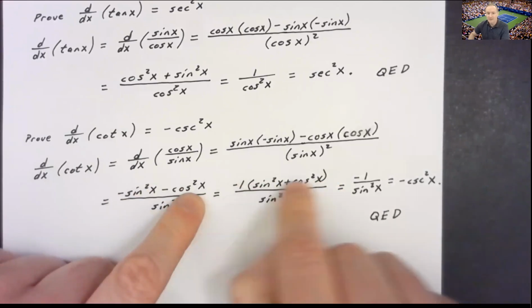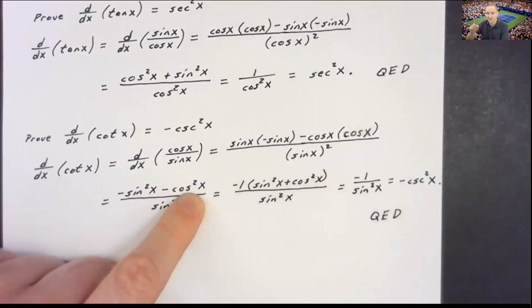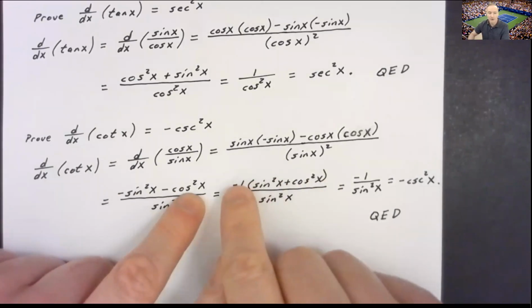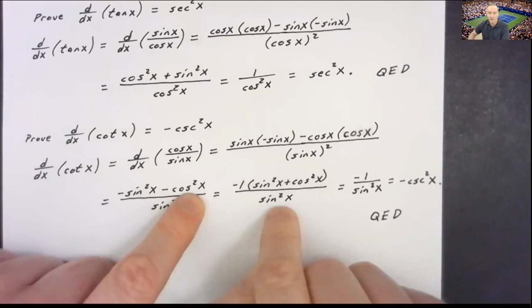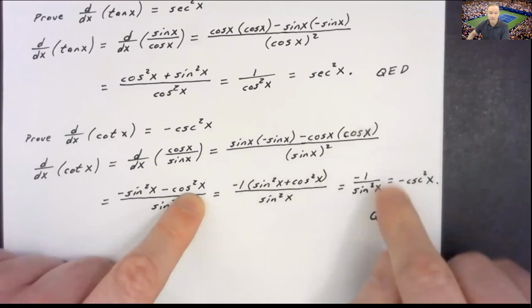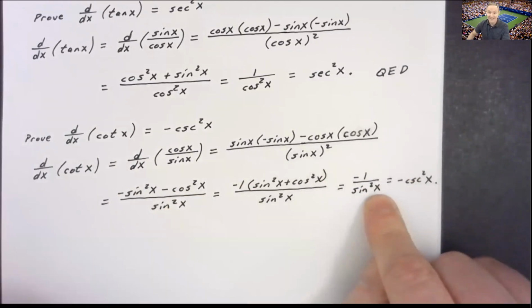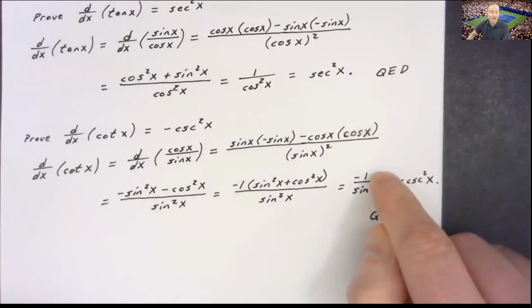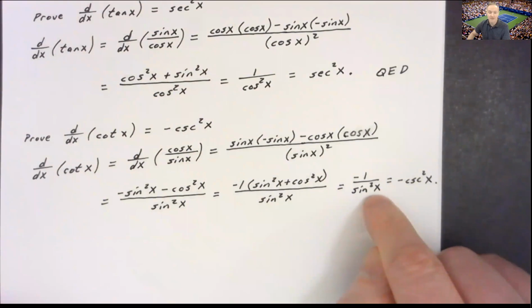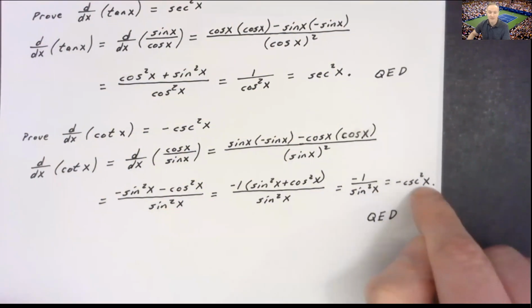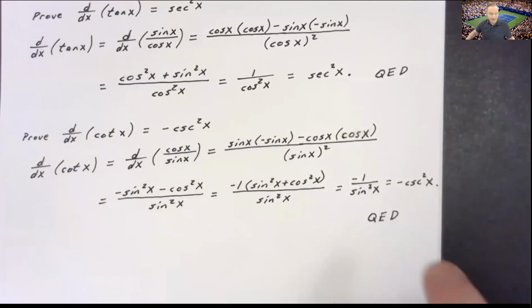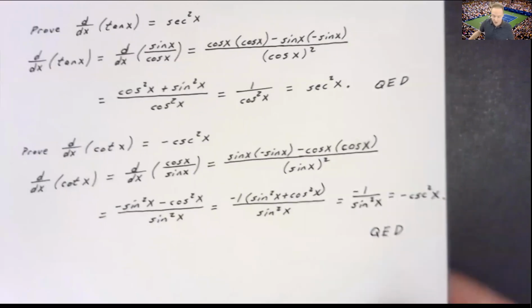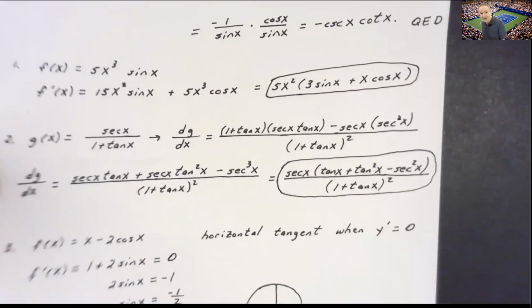Well, now I know sine squared plus cosine squared is just 1. So my numerator is negative 1 times 1 over that denominator. It's negative 1 over sine squared. And again, I know that sine is the reciprocal of cosecant. So negative 1 over sine squared is going to be negative cosecant squared x. Quod erat demonstrandum. Gorgeous. For the next one here,